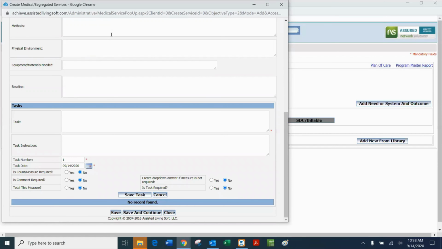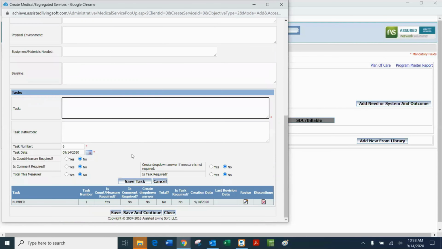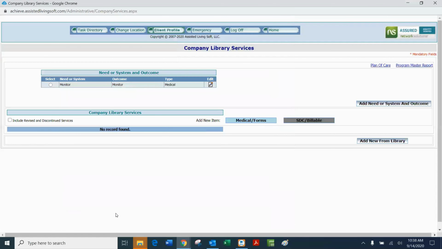Now we're going to draw our eye down here to tasks. This is where we're building the questions that we want staff to answer. So I'm just going to say that task 1 is a number. We want staff to put in a number as an example. So I'm just going to give it NUMBER. It would help if I put the BER. And I'm going to say a count is required. And I'm going to save the task. And at that point, if I save this service,